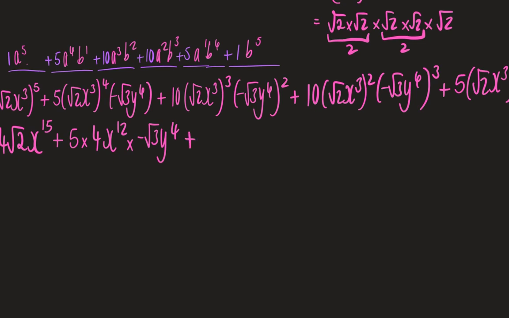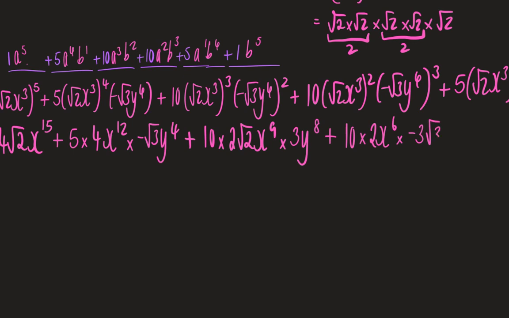Term 3, we have plus 10 times root 2 cubed, which is 2 root 2, x to the power of 9 times negative root 3 squared. Well, that's positive 3, and y to the power of 4 times 2 is 8, plus 10 times root 2 squared is 2, x to the power of 6 times negative root 3 cubed, which is negative 3 root 3, y to the power of 12,